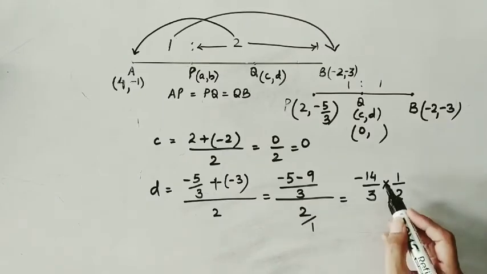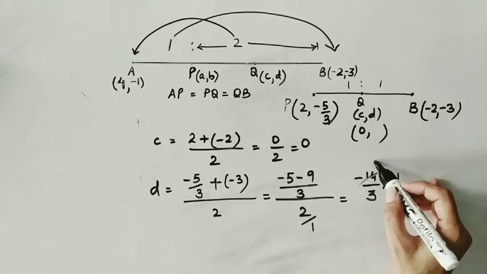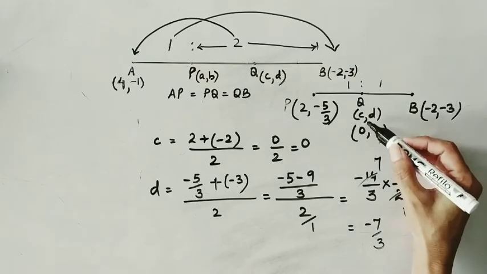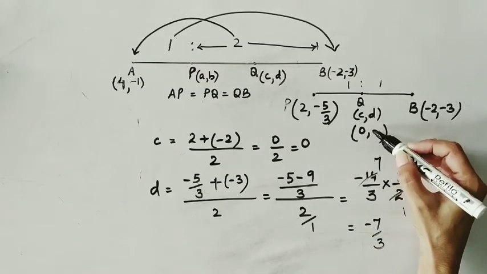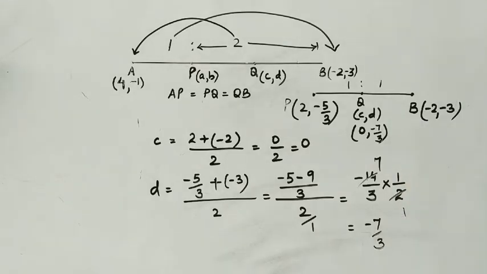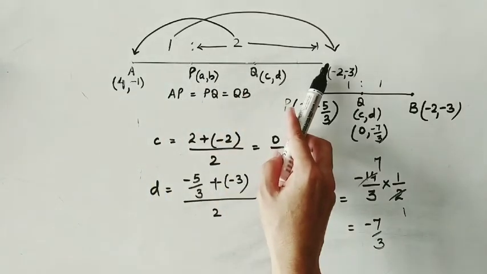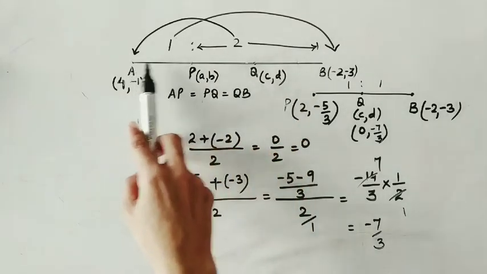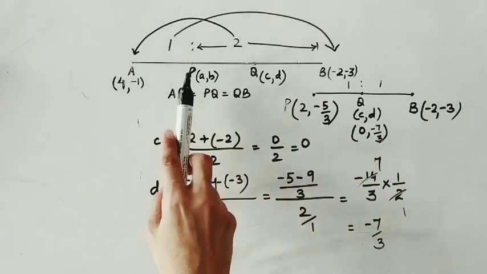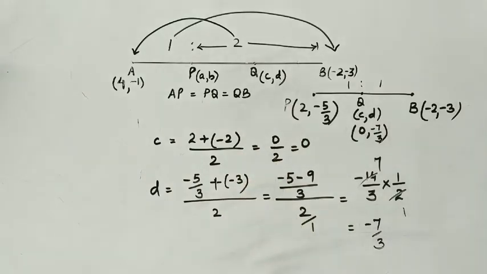I hope everybody knows this simple way. And when you simplify, this one is minus 7 by 3. So C is 0 and D is minus 7 by 3. You can follow any method. Either you go for the 1 is to 2 method, and for Q it would become the 2 is to 1 method, or you straight away calculate the coordinates of one point